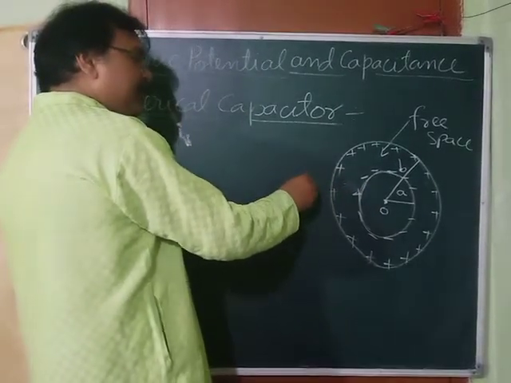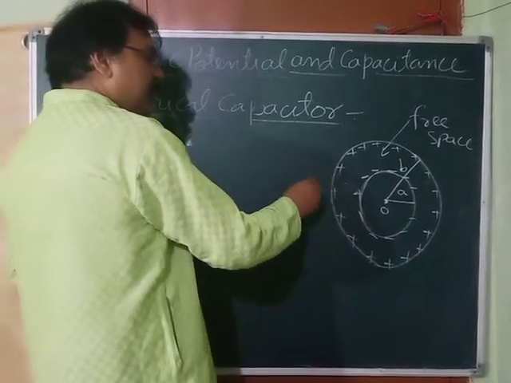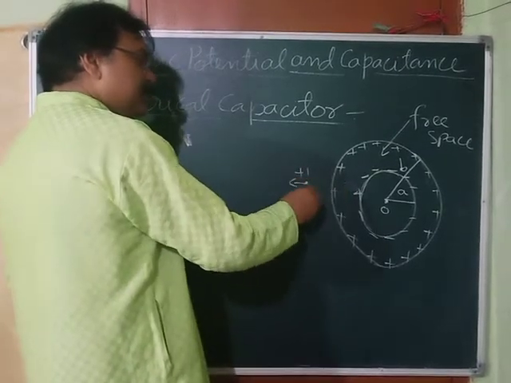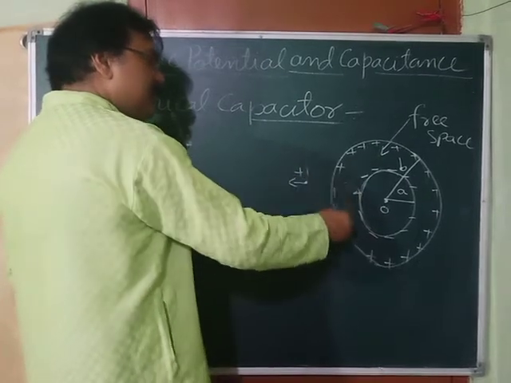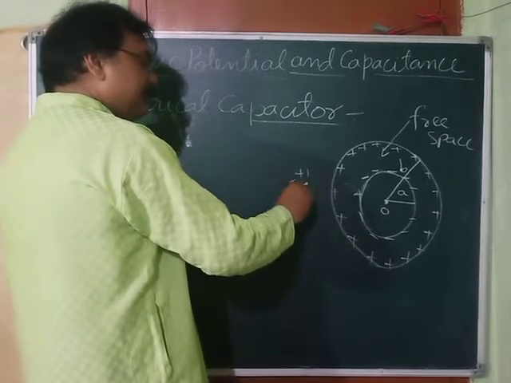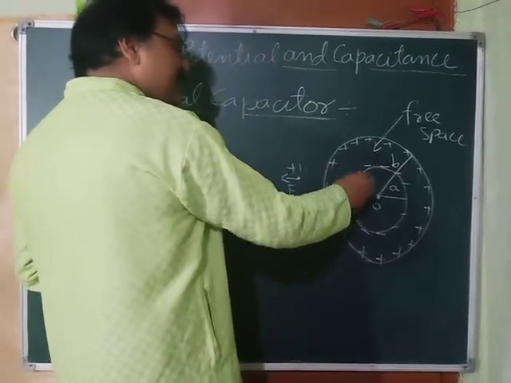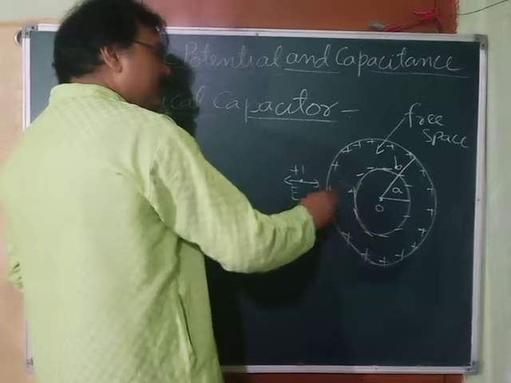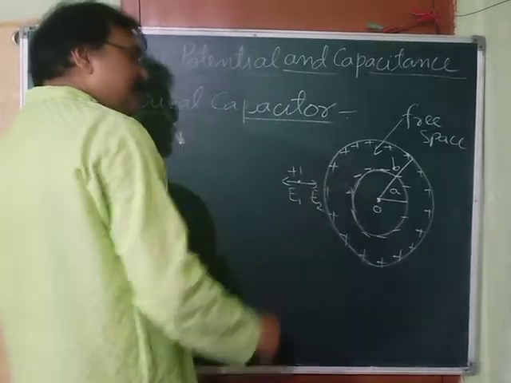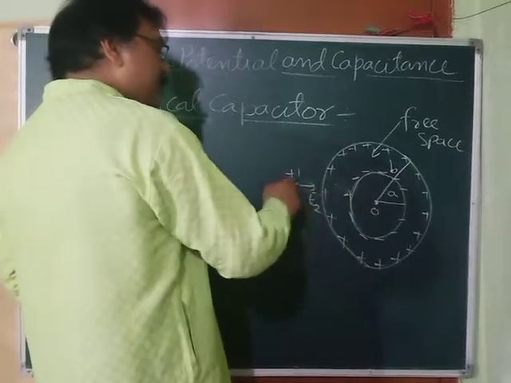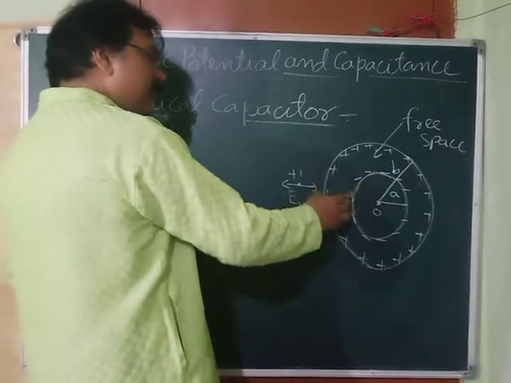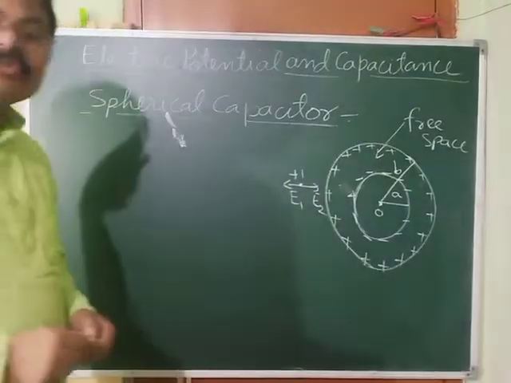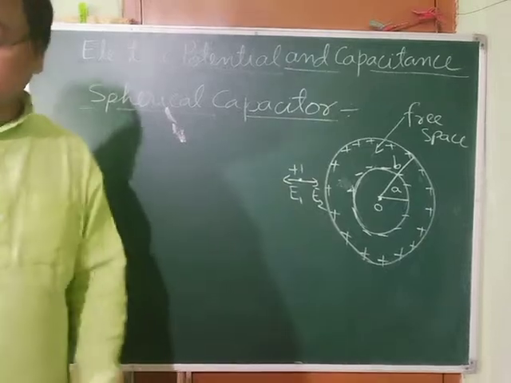If you take a point outside, suppose you are keeping a plus 1 coulomb positive charge here, these positive charges will repel it. So due to these positive charges, the electric field will be directed in this direction. And these negative charges will attract this unit positive charge towards them. So the electric field due to negative charges, that is E2, will be in the opposite direction. If the charges are the same, and because this distance is very small, you will find that these electric fields are equal and directed in opposite directions. Therefore, the net electric field outside is also 0.